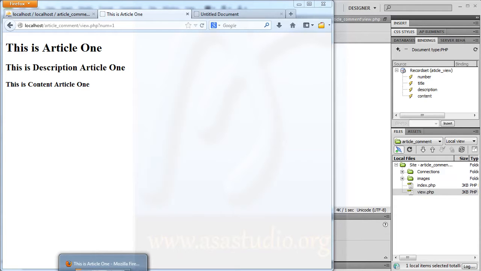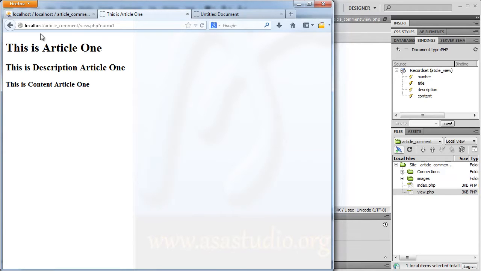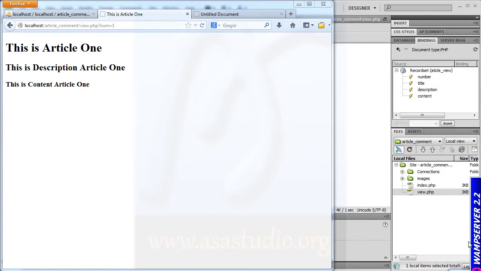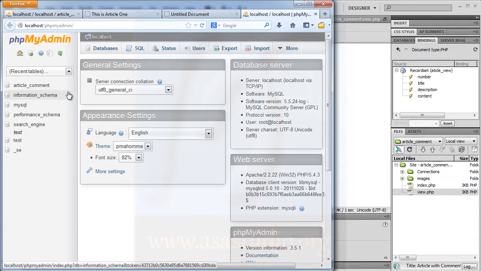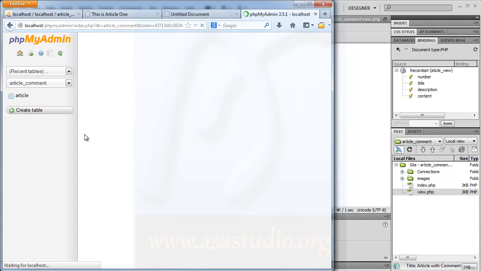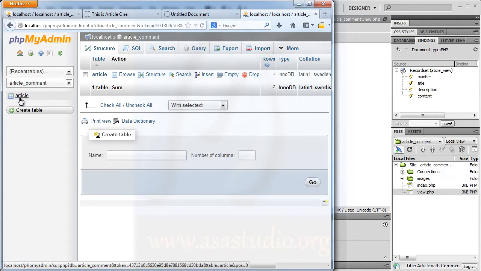Now I go to the web browser, and if you create or install WAMP, you can use WAMP. Now I have WAMP, and I click phpMyAdmin. I have an article comment database. If I click, I have the article table. Okay, like this. And now I create a comment